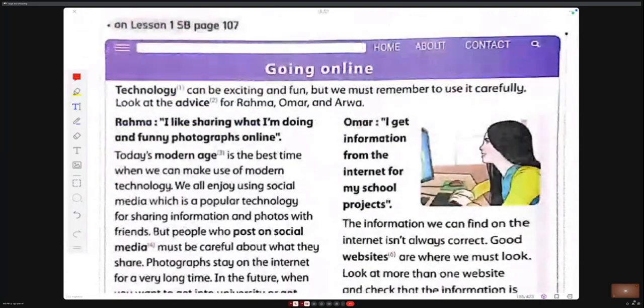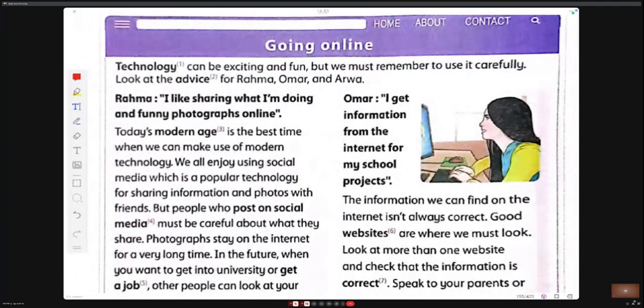Going online. Technology can be exciting and fun, but we must remember to use it carefully. Look at the advice for Rahma, Omar, and Arwa. Advice, we cannot say advices. It's uncountable now. Rahma says,